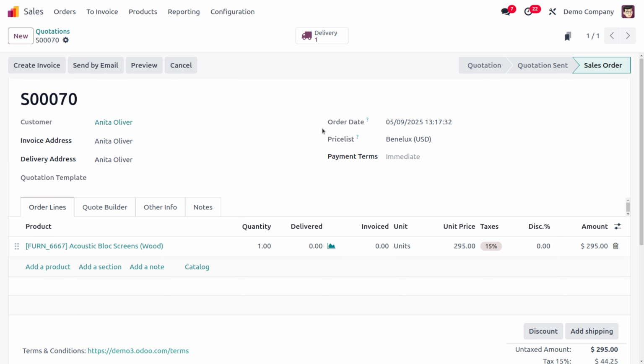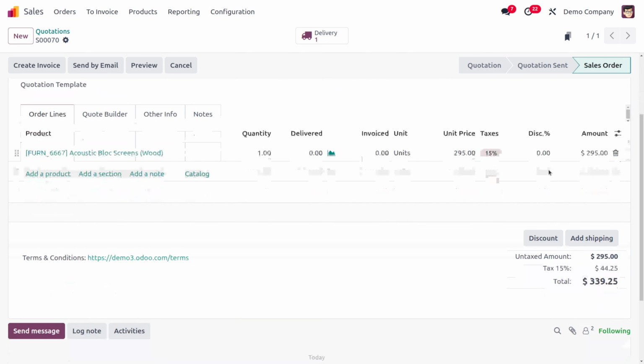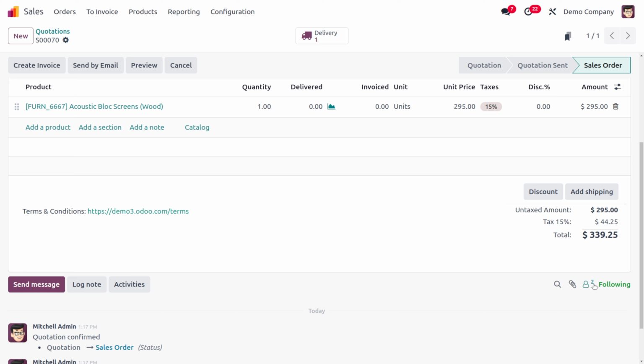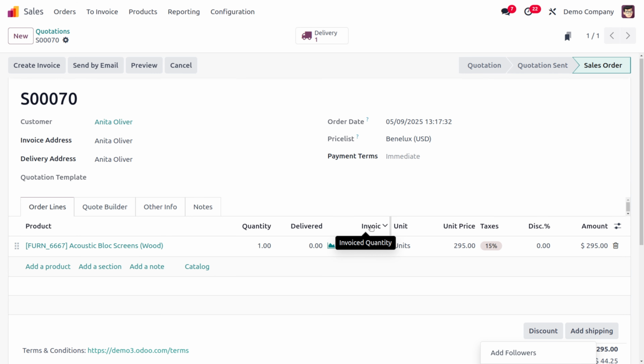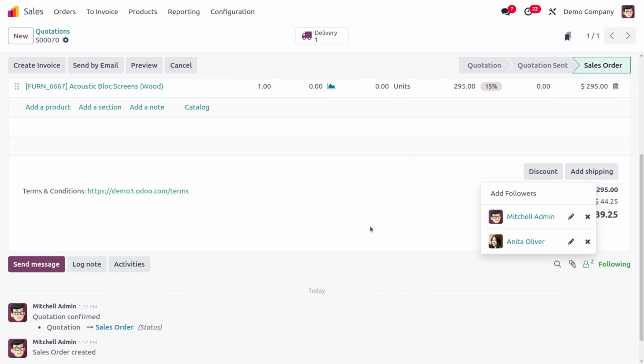So upon moving the quotation state from quotation to sales order, here you can see that the followers have been added. That is, one is Michelle Admin, who is dealing with the order, and the other one is the customer, Anita Oliver. By using the automation rule, you can easily add the customers, which means you can add the dynamic followers in an order or in any followers under your project or any task that you're dealing with under